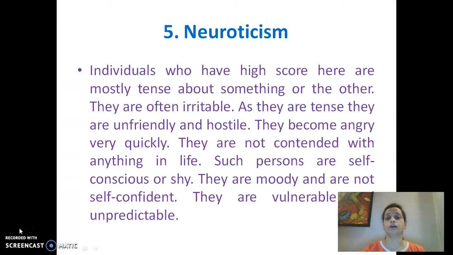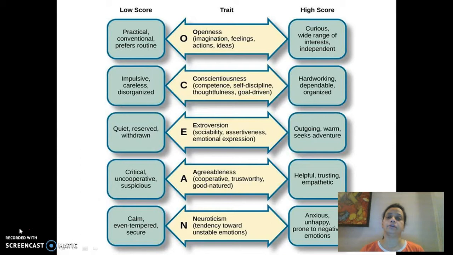So such people are very neurotic because maybe they don't understand their emotions properly. They cannot control their emotions properly, and that is the reason why they are prone to mood swings. They are very, very temperamental, and we are in no position to predict what this person is going to say and how he or she is going to react. So this makes them quite unfriendly. People prefer to stay away from them also, and because they are anxious and tense and worried about something, they are very irritable, they become angry very soon, and they are very hostile.